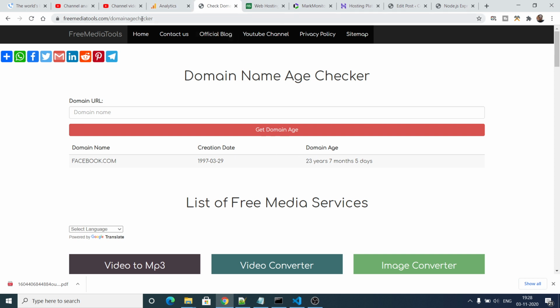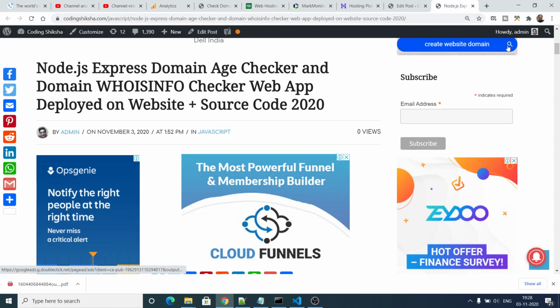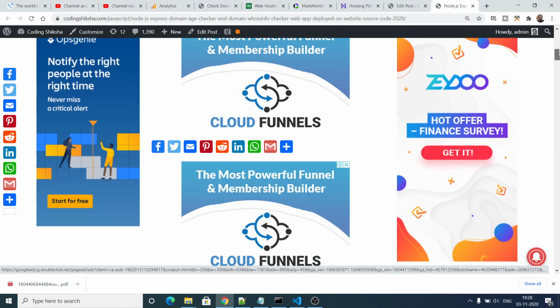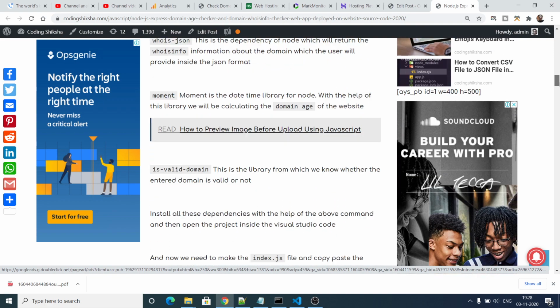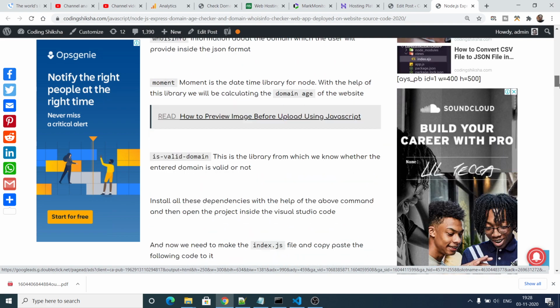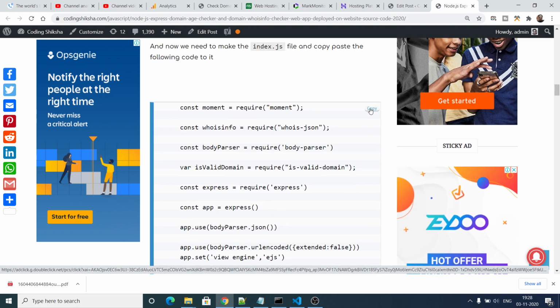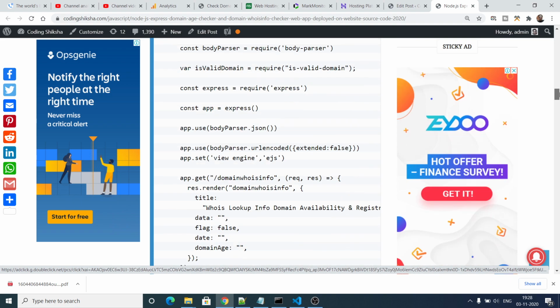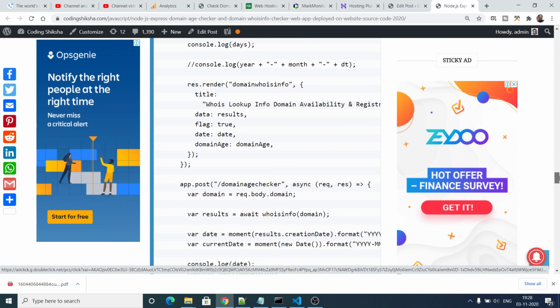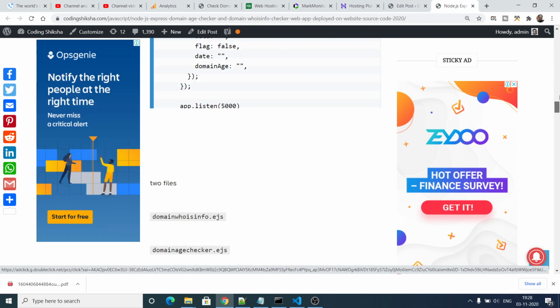So these are the two tools that we will be building, and all the source code of these two apps is also given in the video description. You can go to the video description and to my step-by-step blog, where I have provided all the source code and step-by-step instructions on how to make these two applications. Simply copy using this button here, and all the source code will be copied. Now let's get started by building these two applications.